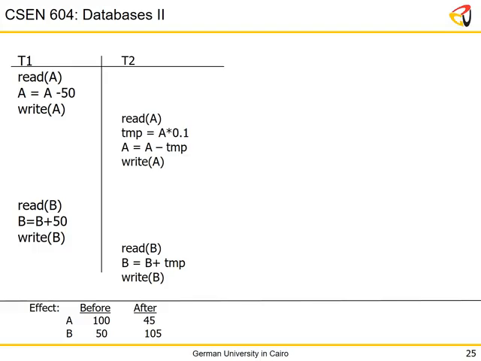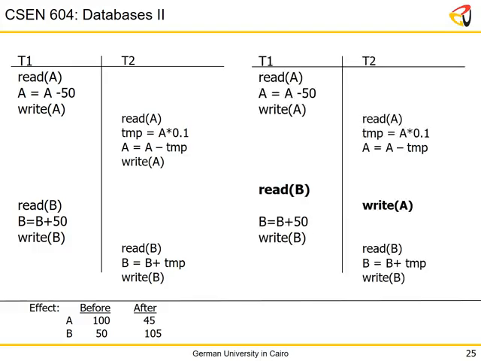Let's compare this one to this one. As you see here, the context switch is happening in a different place. I start with T1, I read A, subtract the 50, write A back, and a context switch happens, I read A, calculate the 10%,